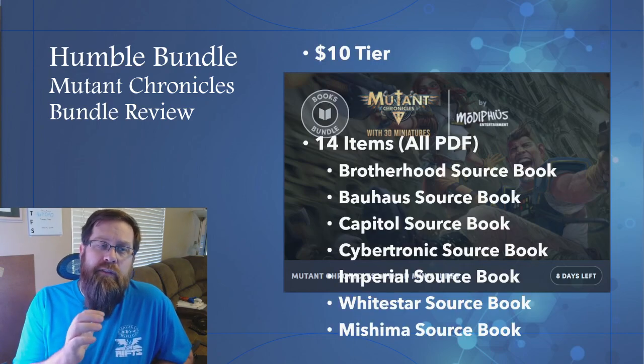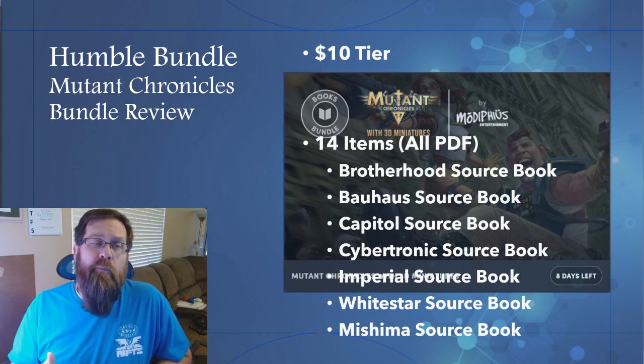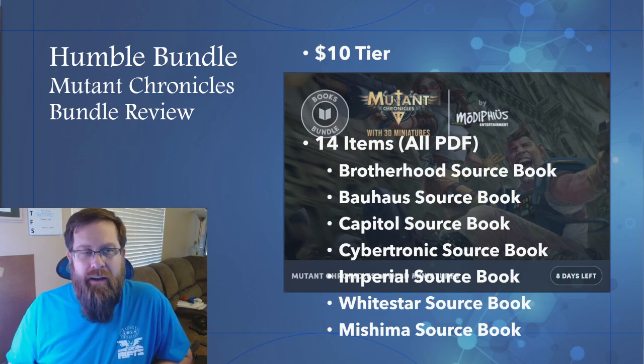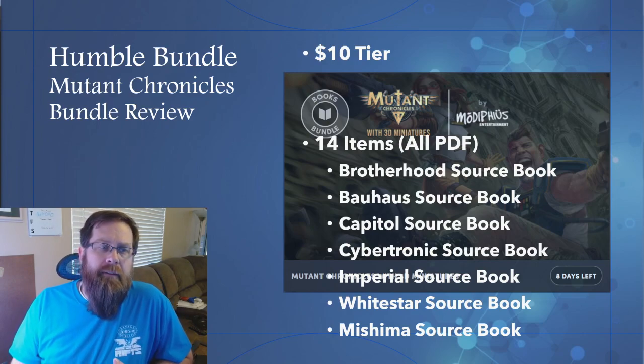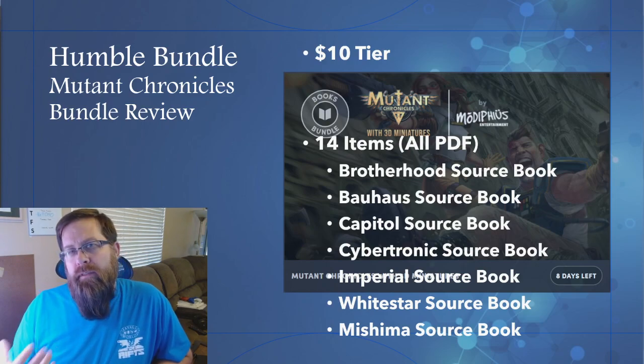Now, the next tier is the $10 tier. Now, this gives you 14 items total, so it gives you the original 7, plus it's going to give you the source book for all of the main good guy factions. So the Brotherhood, Bauhaus, Capital, Cybertronic, Imperial, White Star, and Mishima. Those are, as I said, all of the main